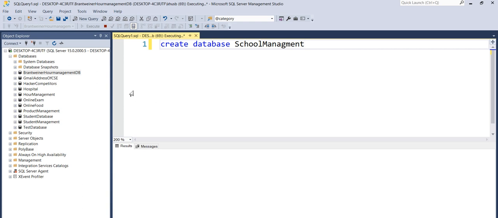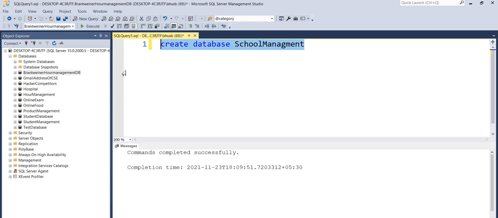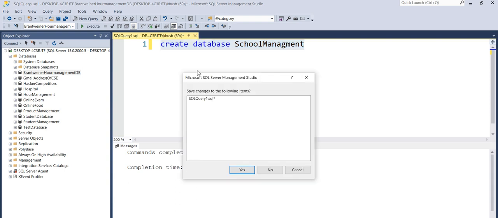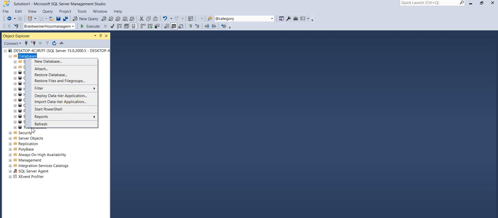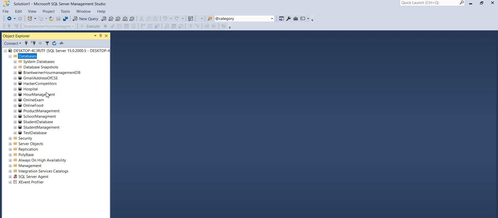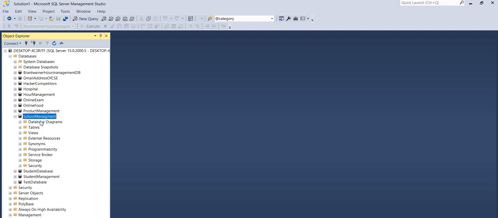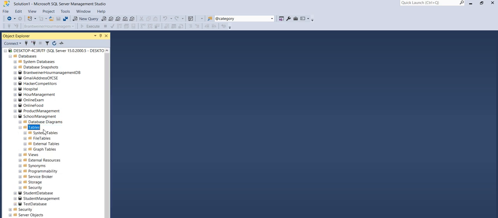So alright, now it is going to create a database for us. Commands completed successfully. And now when you refresh this database section, you are going to get your database name here in the list. So we have school management here, but currently we have not created any tables, right?